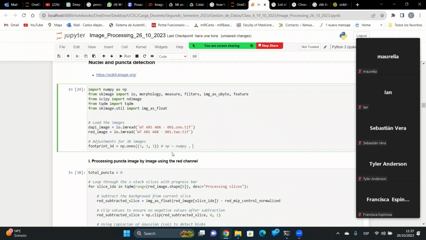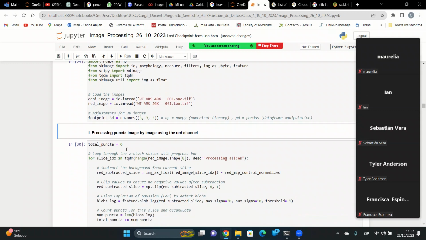Just take a look. PD, which is pandas, what's going on with these libraries. NumPy is the numerical library in Python, and pandas is for data frames manipulation. Okay,